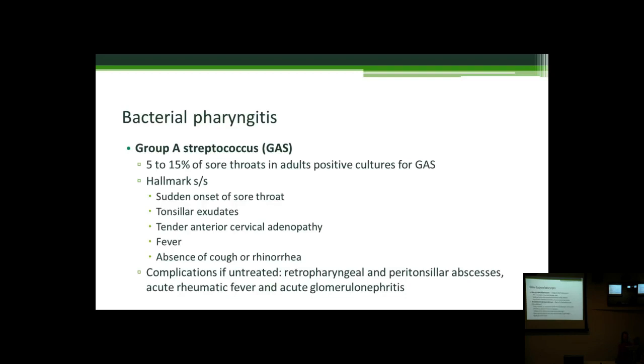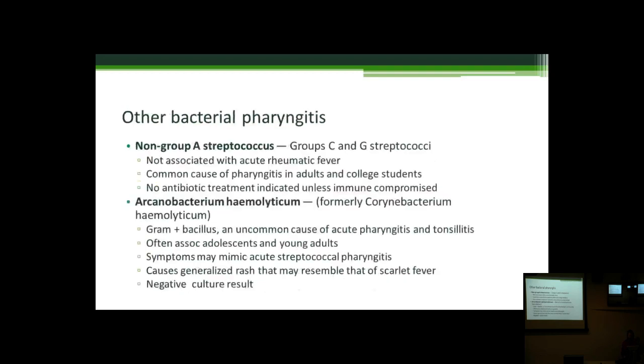Other bacterial pharyngitis include non-group A streptococci, typically not associated with acute rheumatic fever. A common cause for the pharyngitis seen in adults and college students. No antibiotics are necessary in this case. However, if a patient has a known immune suppressed condition, it may be appropriate in that population to give an antibiotic. So, previously called Corynebacterium, what is now called Arcanobacterium